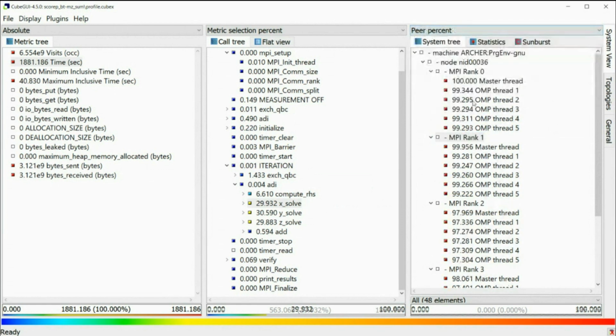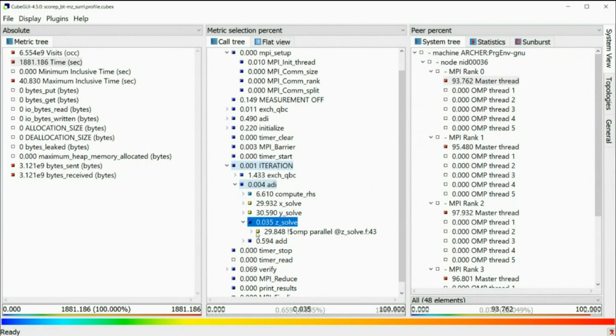Even if I present the peer percentage mode, the peer percentage is taking the highest value and then showing the other values as a percentage of that for the other threads. That shows me that things are relatively balanced here when looking at the xsolve, for the y-solve, for the z-solve. Here the load balance is a little bit more varied, and if I was to go in a little bit further or look at